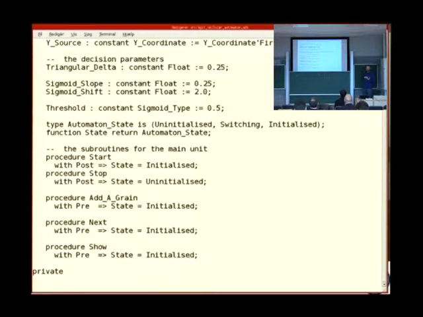If some of you are wondering why I put in the switching state in between, it's because behind the scenes there's actually tasking. It's a parallel processing program.